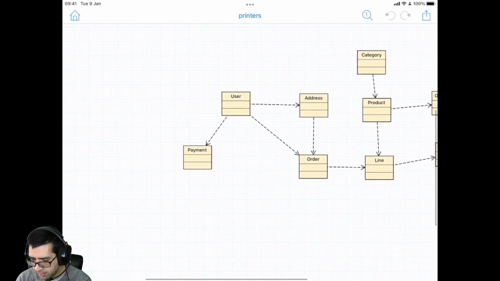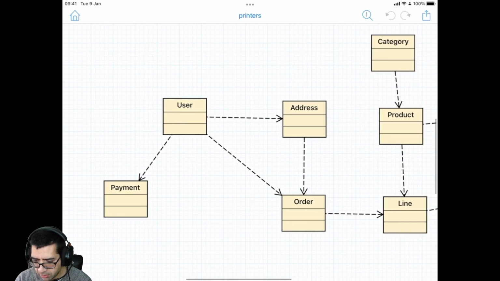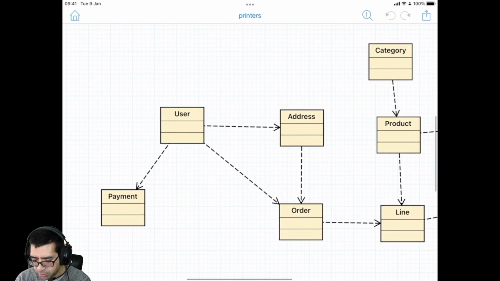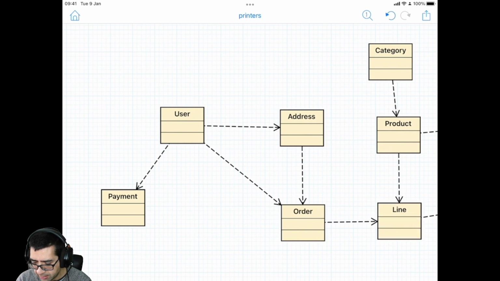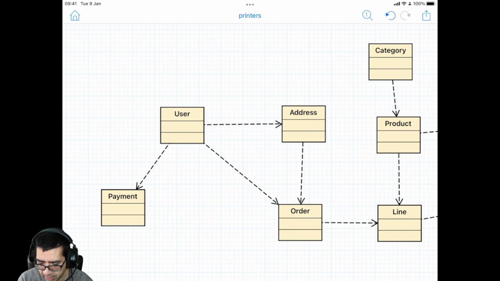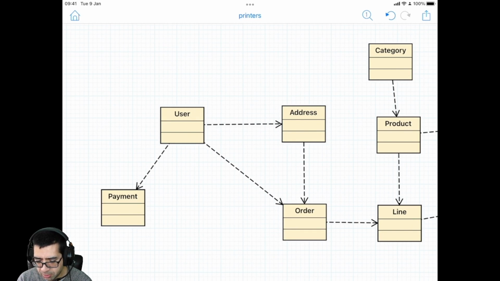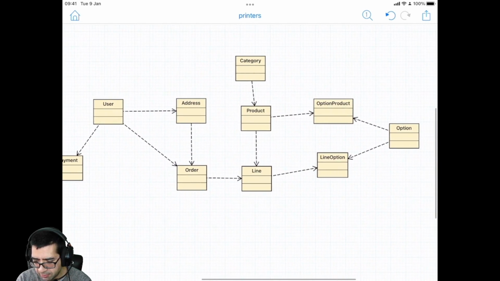In fact, if I just focus on these, these are the general things you would have in a normal simple e-commerce site. Products belonging to categories, an order here has many lines. A line belongs to a product. A user can deliver to many addresses, and a user can have many orders and so on. So this bit was probably pretty straightforward. So the only thing that might be a little bit different